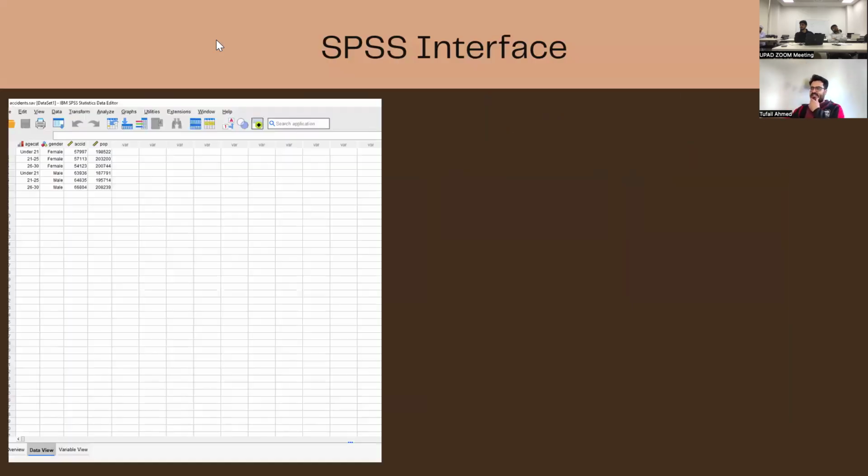So now the interesting part that we all are waiting for is SPSS, and here we will use the data or the discussion we have done so far. This is basically the interface of SPSS. When you open a new file, usually it will be empty, but now you see some figures, some digits. This is because I have opened a data set. That's why you see some values, like gender, male and female. But usually when you open SPSS, it will be an empty sheet.